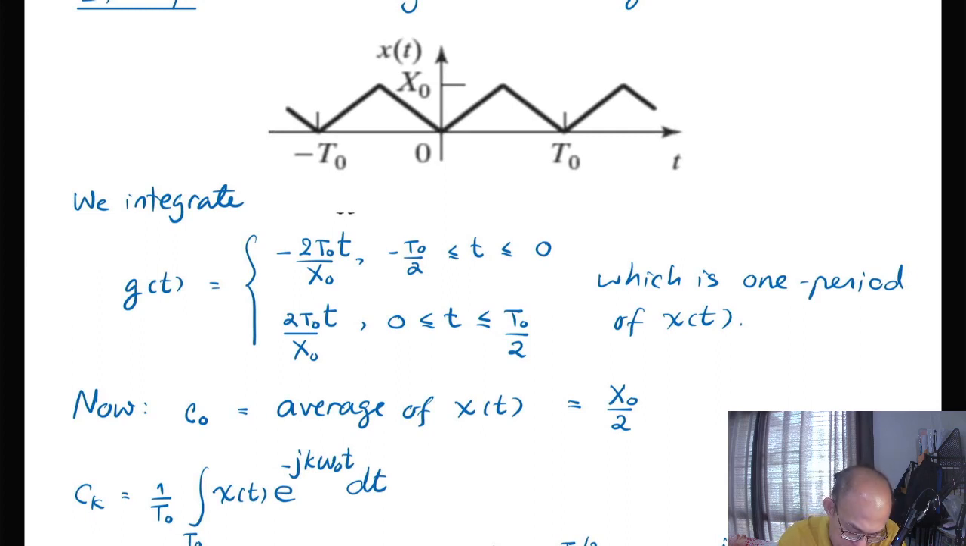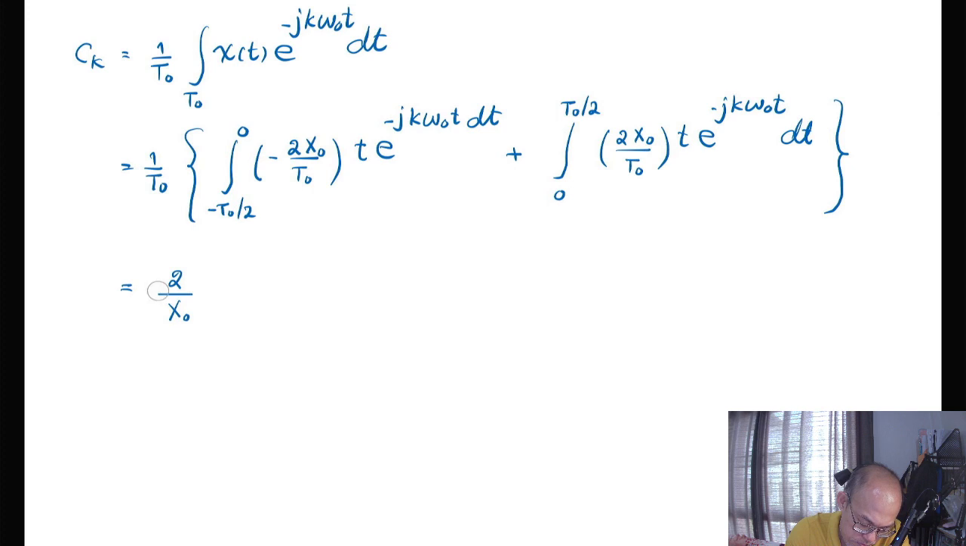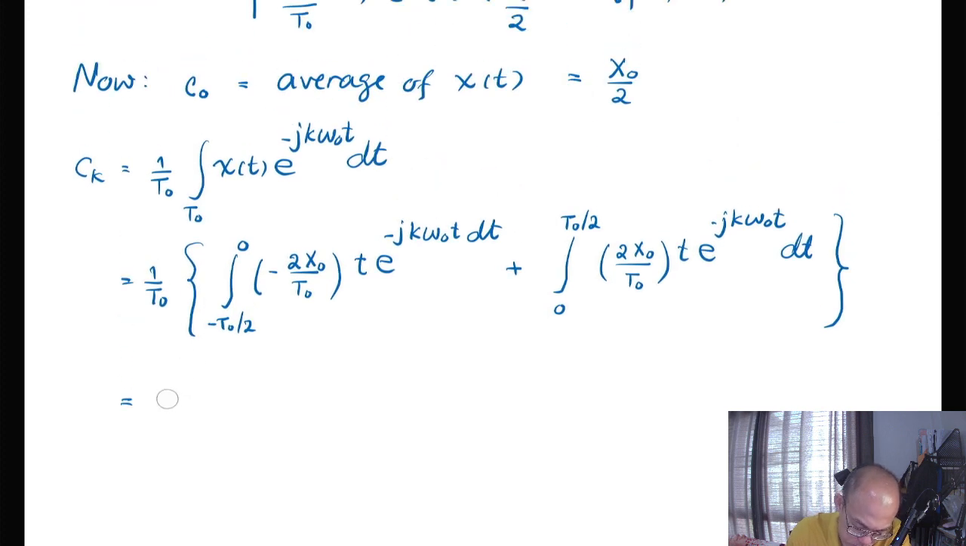I think I got them the other way around. Sorry, I think I should have 2 x0 over t0. Sorry, it's the other way around. 2 x0 over t0. Yeah, sorry about that. So 2 x0 over t0. Okay, so this should be 2 x0 over t0 squared,